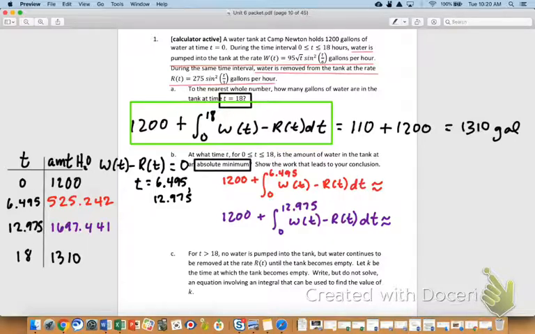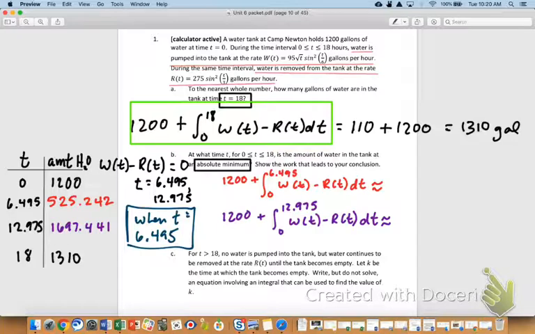So then it says, at what time is the amount of water at an absolute minimum? How would you finally respond to this question? Yeah. T equals 6.495. That directly addresses the question. That's when we have a minimum amount of water, and we're done. Our table and our work leading to that conclusion is good evidence. As long as we calculate all those numbers right, I think we're good.